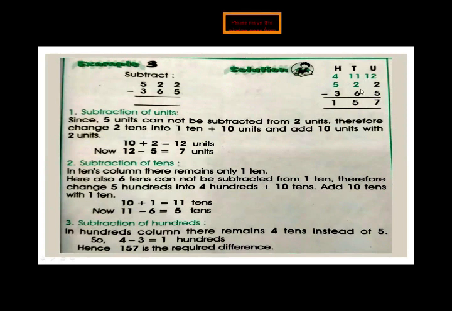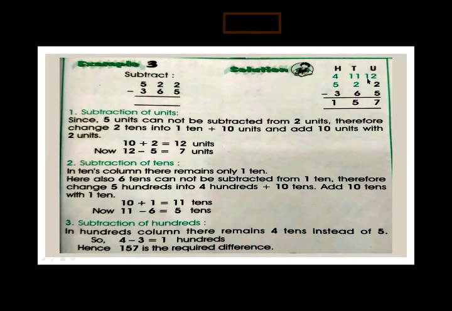You borrow from the tens place digit. Here on the tens place, what is given here? 2. When this 2 gives 1 borrow to this 2, it will become 12. Now you easily subtract it. 12 minus 5, 7. Okay.